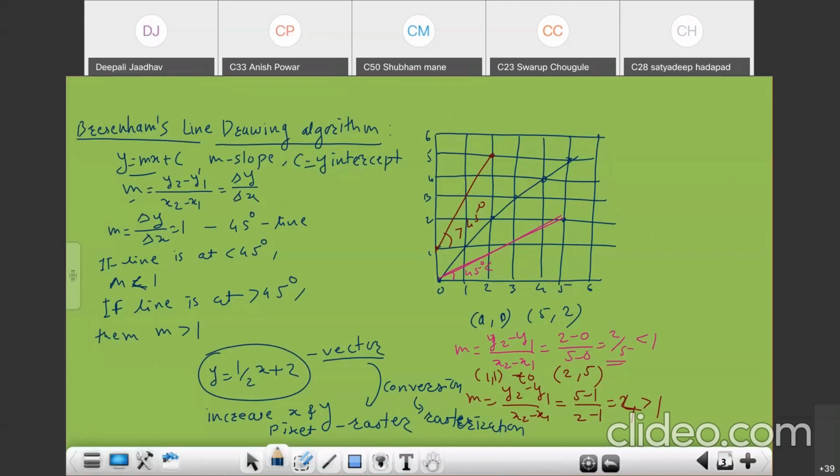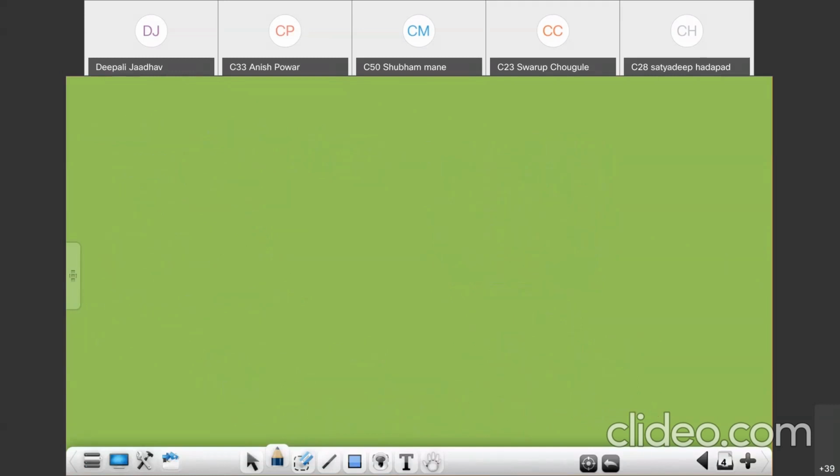So with the help of this slope, I can write here, we need to increase the value of x and y every time. But how to increase it? There are three cases in that way. The first case, case number 1, if m is equal to 1, then the line is at 45 degrees. Means every time we need to increase the value of x and y both. Line is at 45 degrees and that's why we need to increase x and y both.